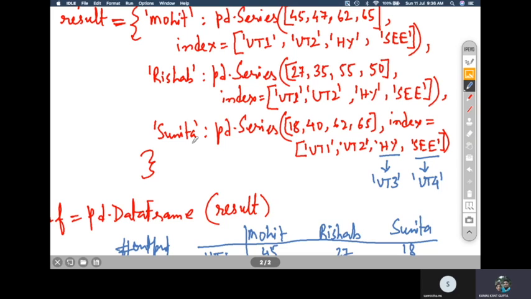UT1 and UT2 remain the same, but I am writing UT3 and UT4. What will happen?